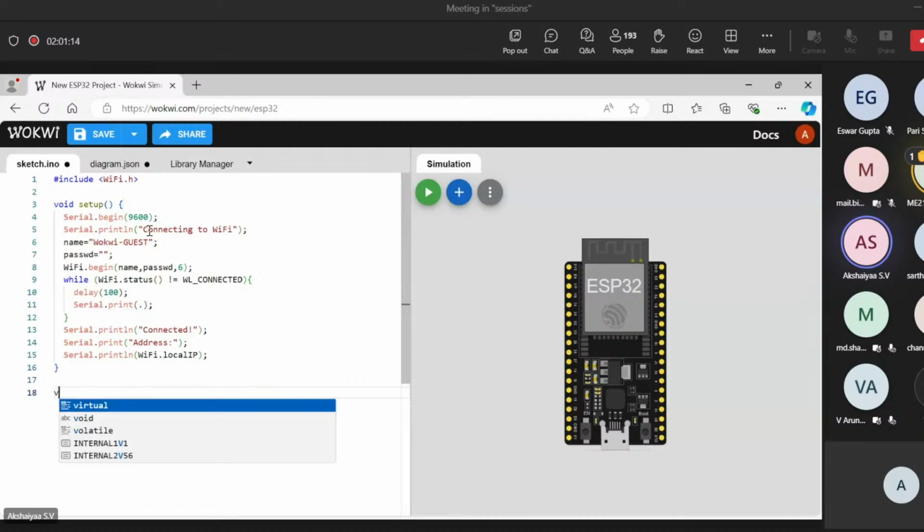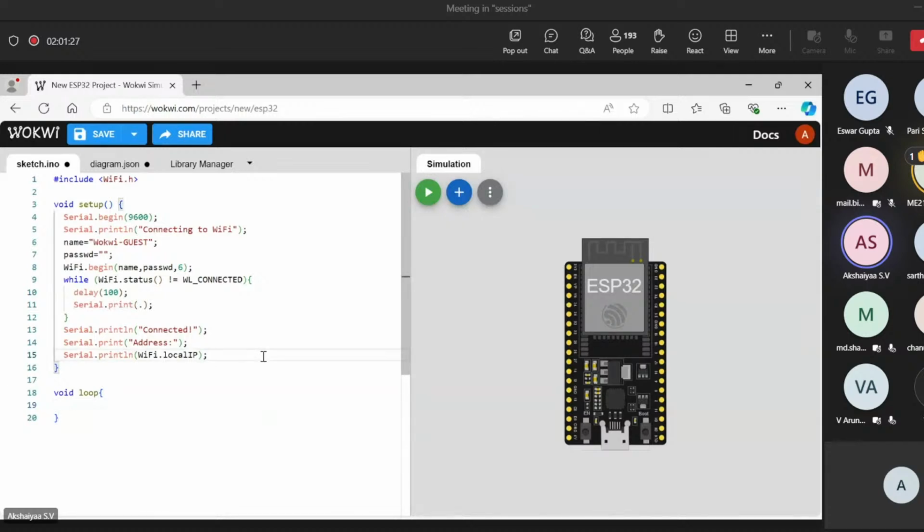I'm actually not going to include anything in the void loop. If you guys are interested, you can connect it to some website. All of that is left to you. Let me leave it empty, it's fine. So hope all of this is clear. I'll just run through the code once more. WiFi.h is the library which you guys are using to connect the ESP to the internet. In the void setup, I first initialized the serial monitor and displayed the statement "Connecting to Wi-Fi". And there is this virtual hotspot called Walkme-guest, which doesn't have a password.